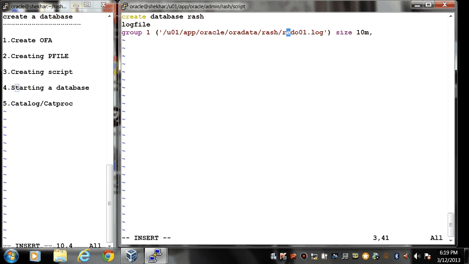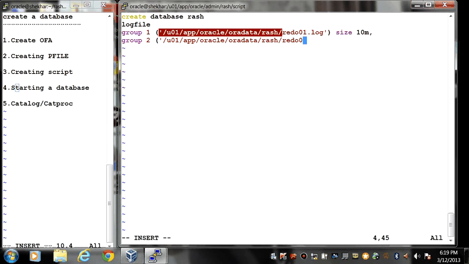Then I need to write a second group. Group 2. The same location but with different name, redo02.log. The size would be same, that is 10M.